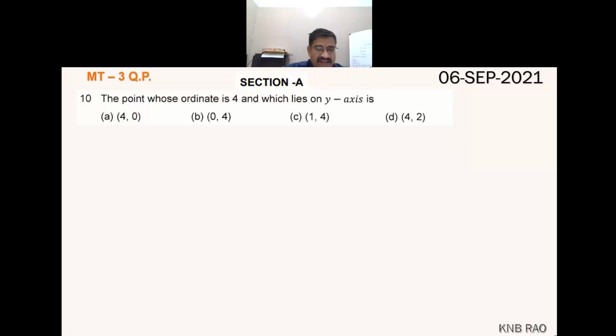The point whose ordinate is 4 and which lies on y-axis. So obviously lying on y-axis, so 0 comma ordinate 4. So 0 comma 4 is the right answer. B is the right option. Then moving on to the